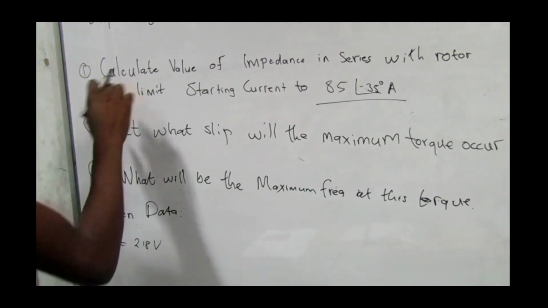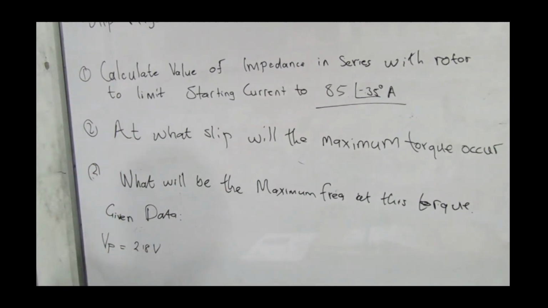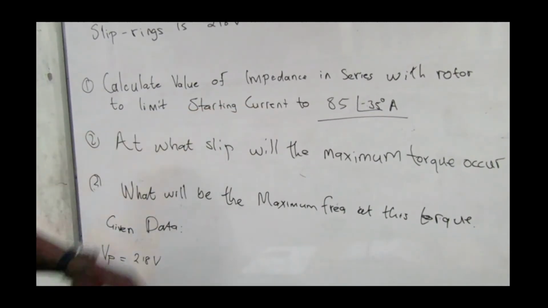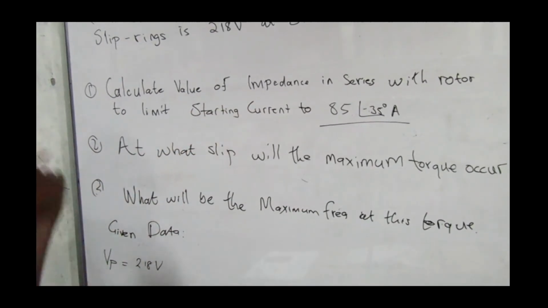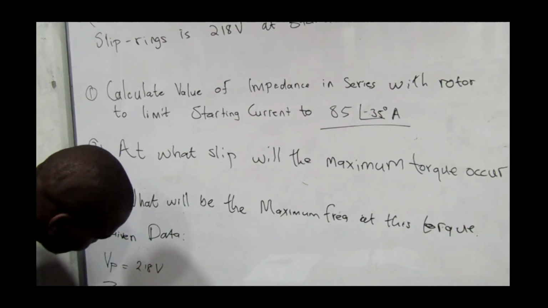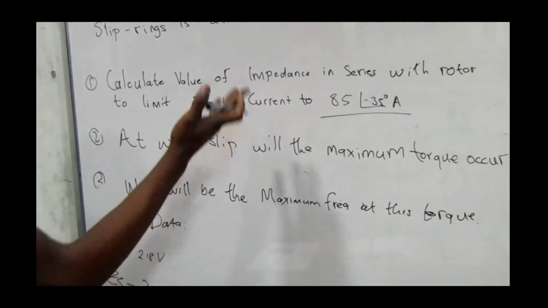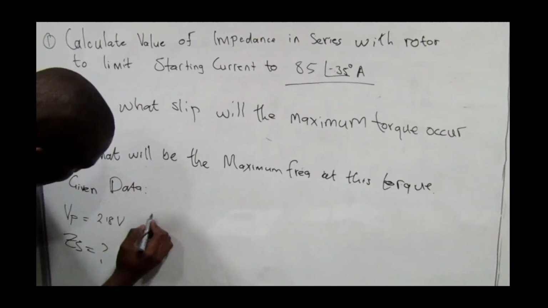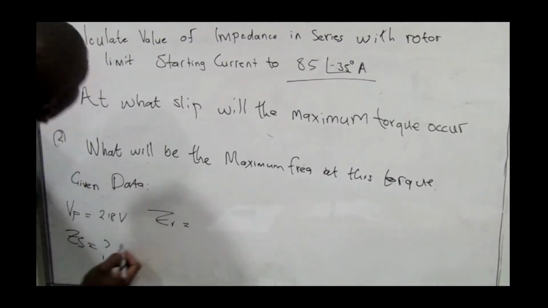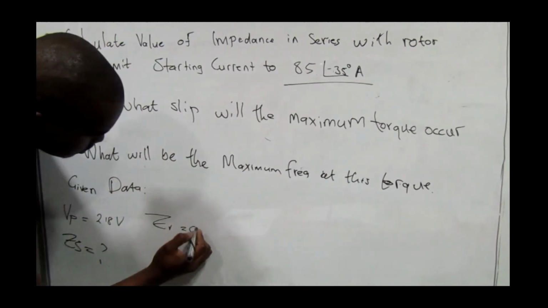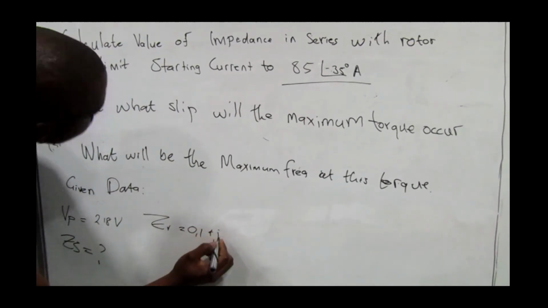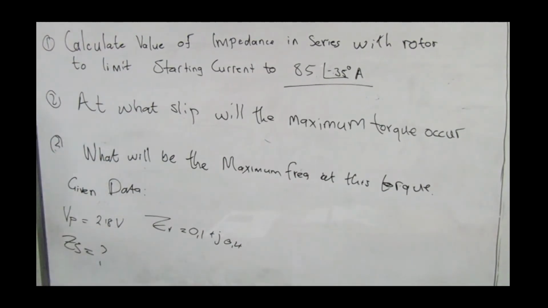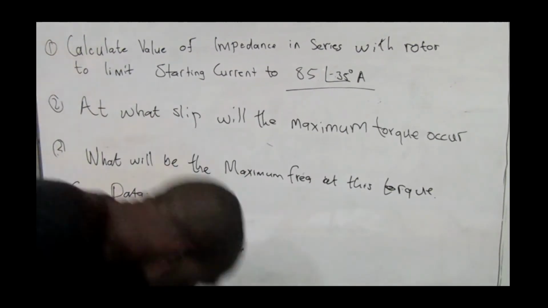Then calculate the value of the impedance in series to limit the starting current to this one. So they want our Z series, which is unknown. What do we have here? We are given our ZR, which is 0.1 + j0.4. Now they want our Z series. Okay guys,